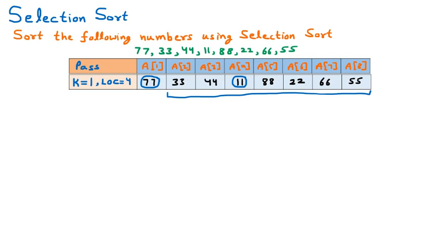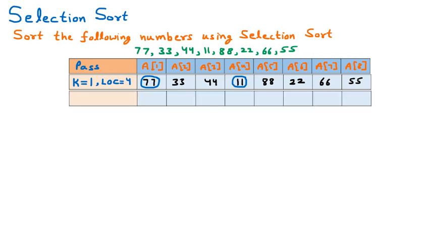Now we are inserting the next row here. In the next row, first of all, we are going to swap the elements which are in the circle. So here we are going to write 11, because 11 will come here and 77 is swapped here. These two elements are swapped, and all the other elements will come as they are. The remaining elements are 33, 44, 88, 22, 66 and 55.